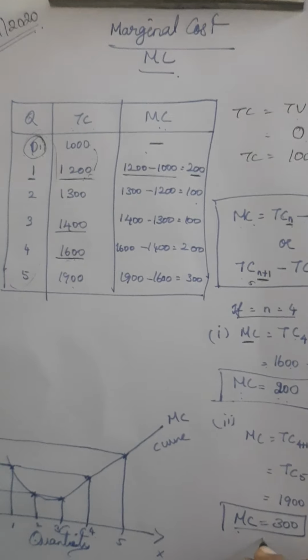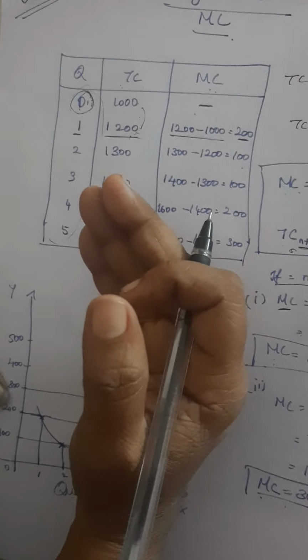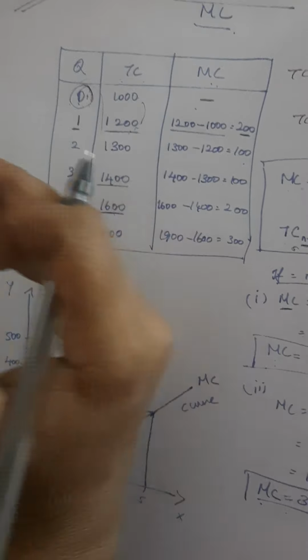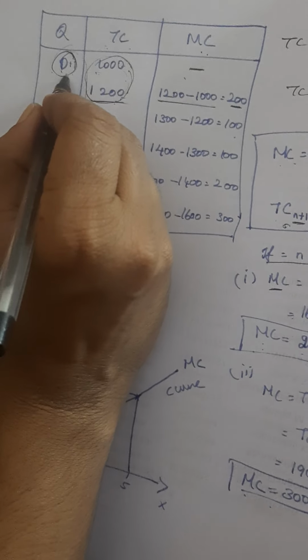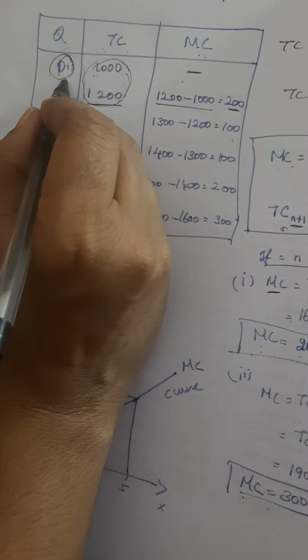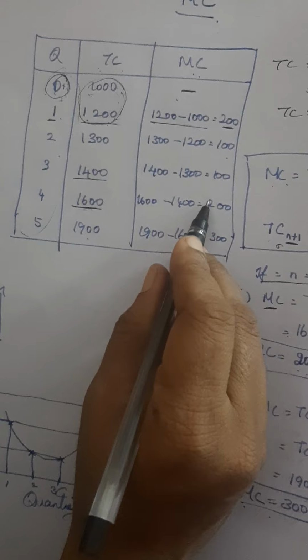That means when we add a single unit, the cost of the last single unit we are producing, that cost alone we are saying as marginal cost, okay. We can define this as the change in the total cost resulting from producing one extra unit of output. In the total cost, what is the change when we produce one more unit? That is called the MC, okay.